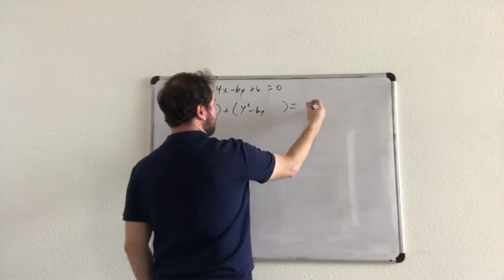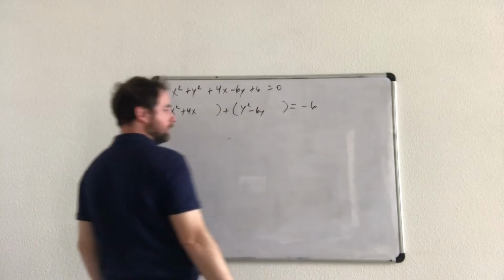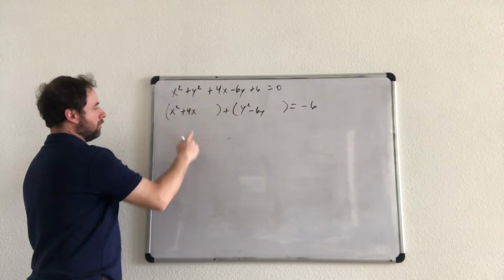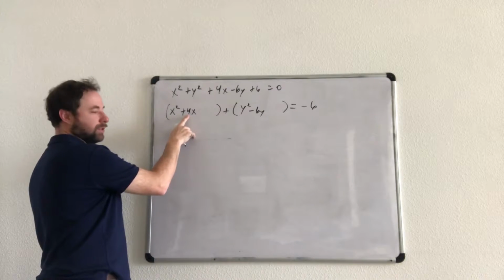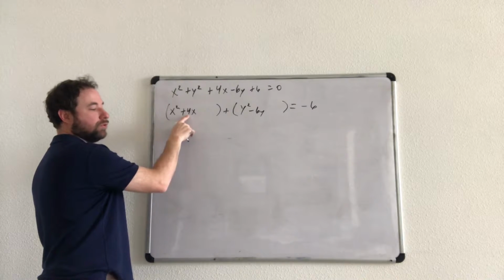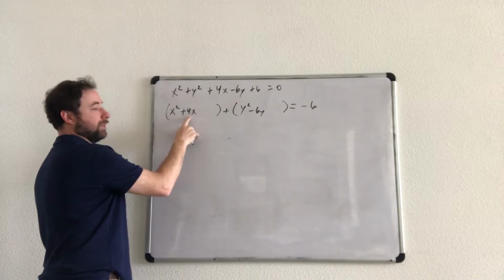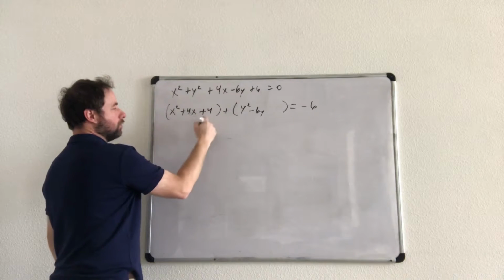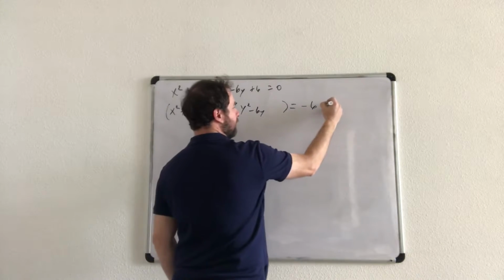And then we're going to bring the 6 to the other side. It becomes negative 6. Now, in order to complete the square, remember you divide the middle term by 2. So 4 divided by 2 would be 2. And then you square it. 2 squared is 4. Now, if you add 4 to one side, you have to add 4 to the other